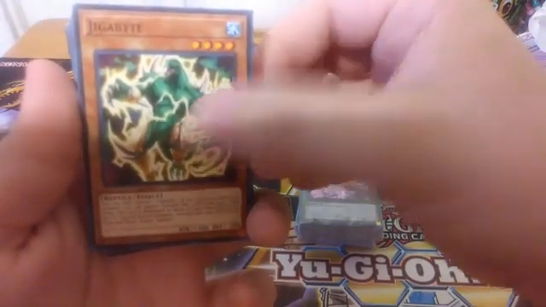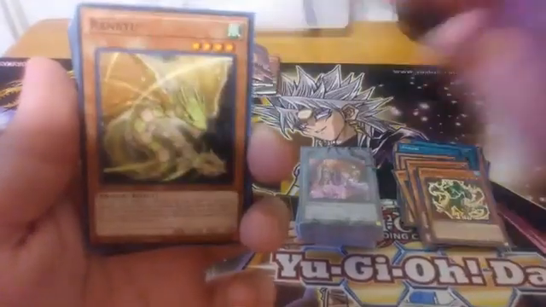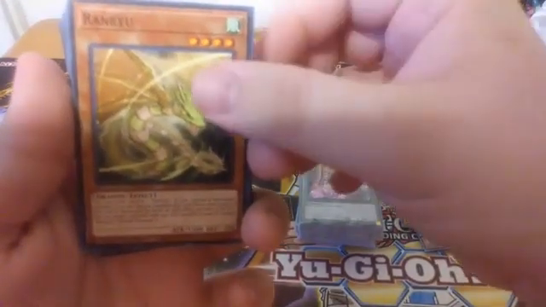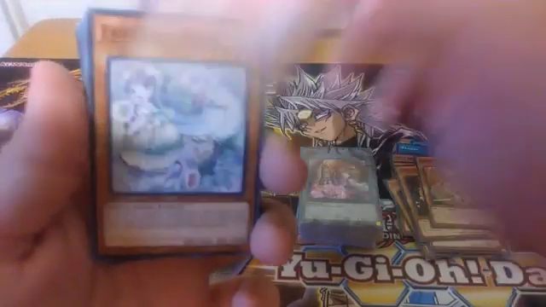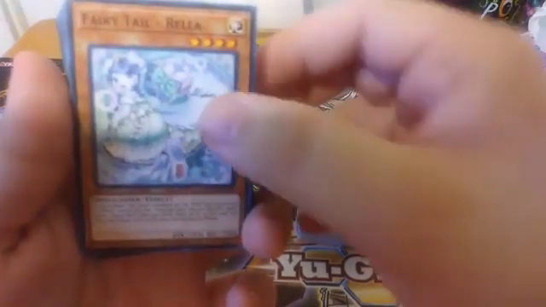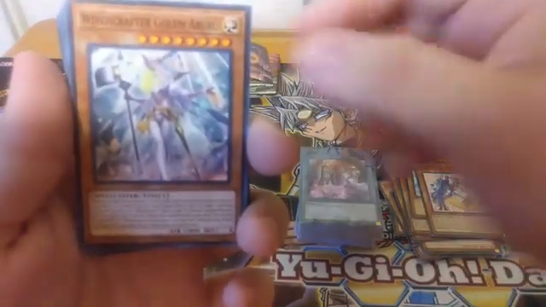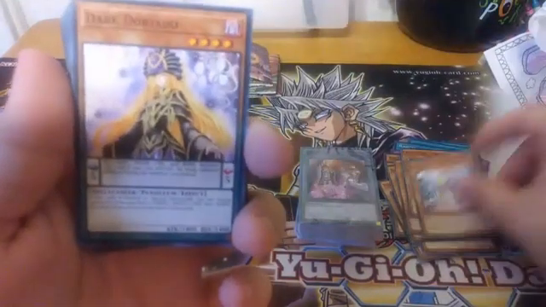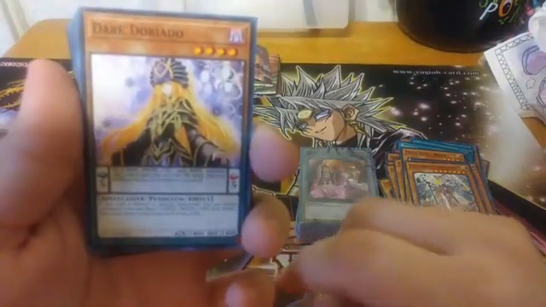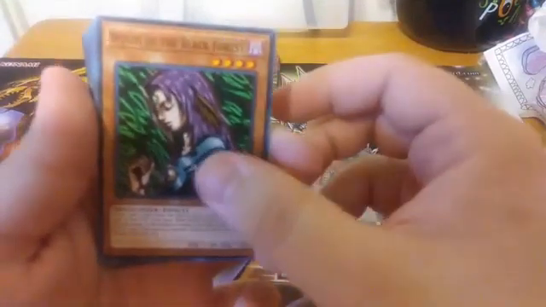We have a Gigabyte, Ignari Fire, Ranryu, Fairy Tale Sleeper, Fairy Tale Relia, Fairy Tale Luna, Witchcrafter Golem Aurora, Dark Yugioh, Witch of the Black Forest,